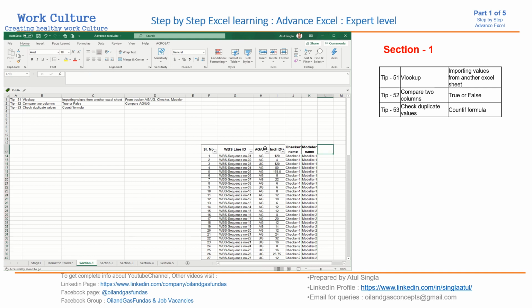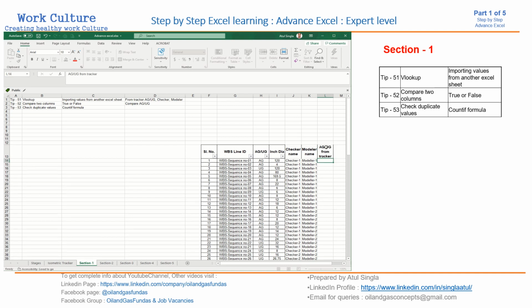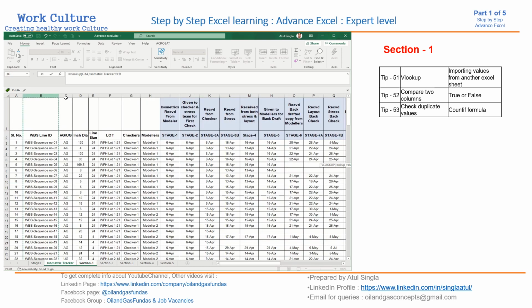So this way we can use the VLOOKUP command. Similarly, although we have this column with us, AGUG, let us check whether the same AGUG demarcation is there in the database or not. AGUG from tracker. Again we'll say VLOOKUP, we'll look for this line into this database.